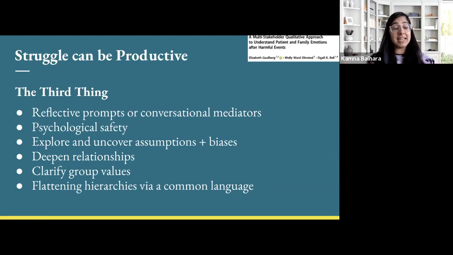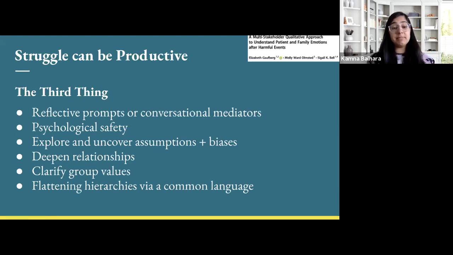A really interesting study that the AHRQ did, they had a conference on patient safety, and they used art as a third thing to allow physicians, other healthcare providers, patients, families to talk about adverse events and to talk about these events as equals without the traditional hierarchies that usually exist in relationships like this. So everyone sort of shares the common language and feels empowered to contribute.